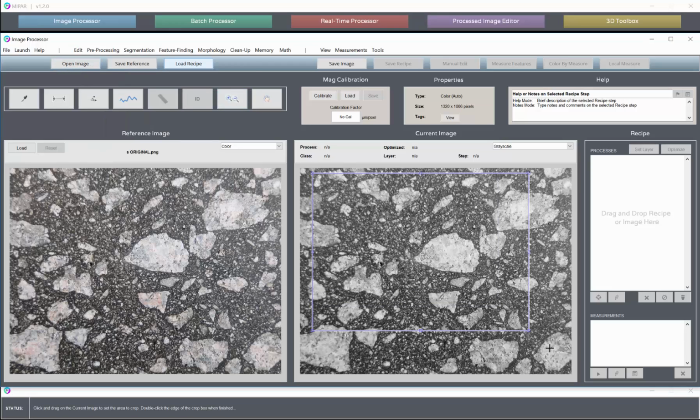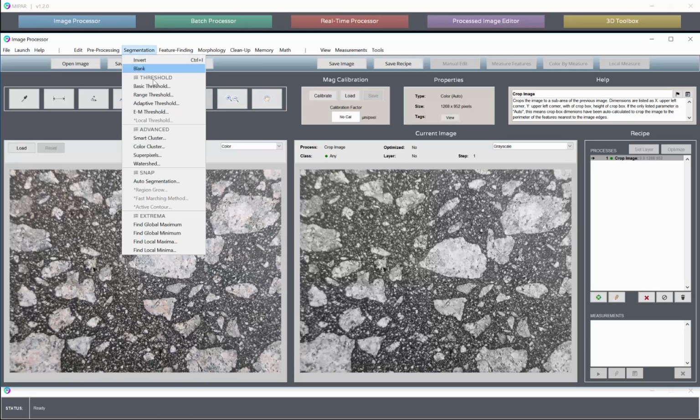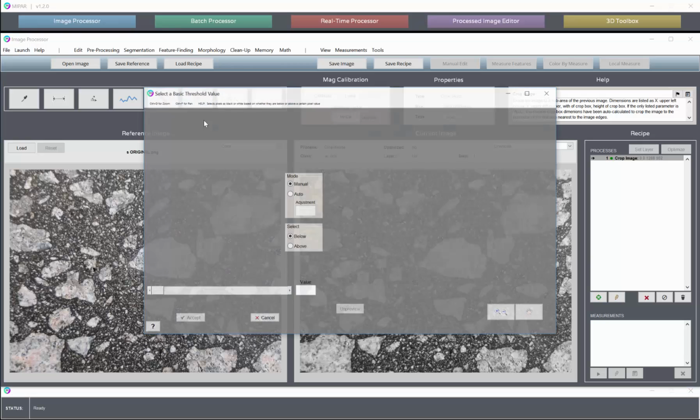For whatever reason, say you had a scale bar down here, or you only wanted to crop a certain area away. Now again, if you're going to batch apply this, make sure that you're batch applying it to images that are all the same size so that this crop area makes sense image to image. If your images are going to vary in size, then it's advisable to pre-crop the images prior to running the recipe. But let's say you had a crop image in there, and then we did some sort of basic threshold